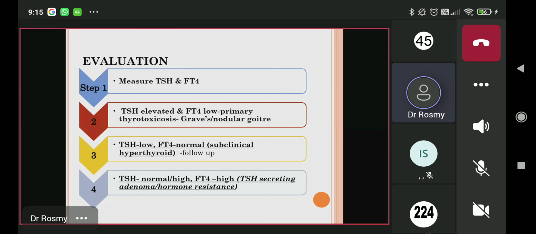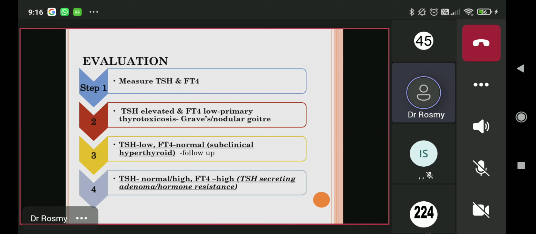I have purposely done that. So if your people are not interested, but you should look at this. Okay, TSH will be decreased and FT4 will be increased. Okay, so you are expecting a thyrotoxicosis patient will have a very low TSH and a very high T4. So there you think in terms of a primary thyrotoxicosis or a hyperthyroidism, and then you can go in for evaluation of a Graves or a nodular goiter. So etiology is different, but this is what you get. There is excess of hormone.